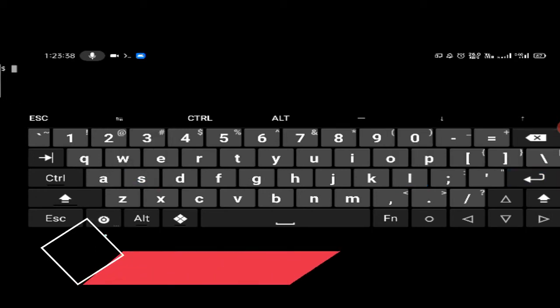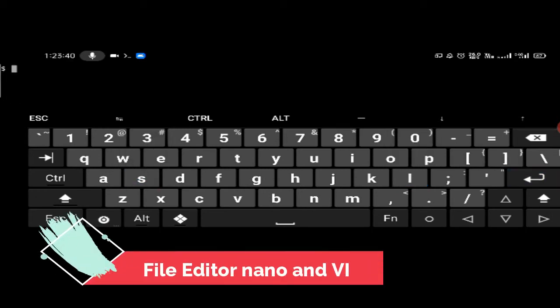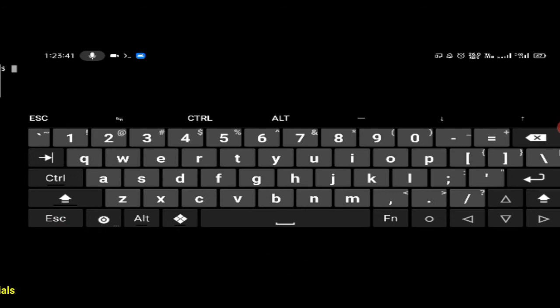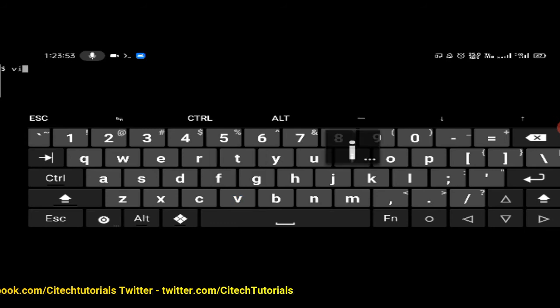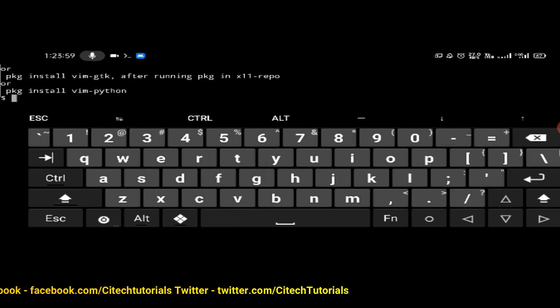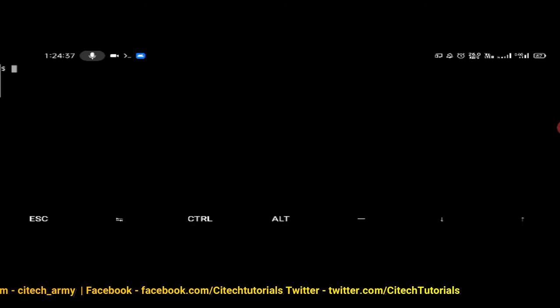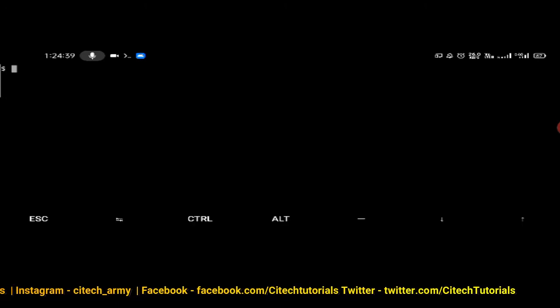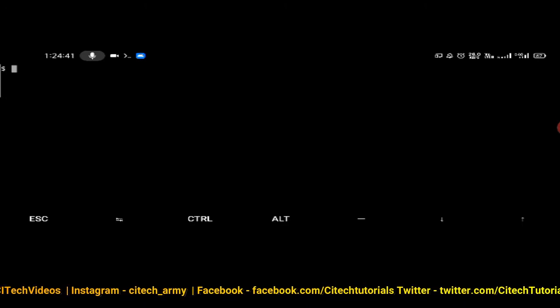So let's talk about some file editors. When you install the Termux emulator, there is one file editor which comes by default, called touch, as I have shown in this video. There is also another editor called vim which is not installed here. As you can see, there is a message showing for installation. Now a few basic commands: when you install Termux, you have to update your Termux machine.